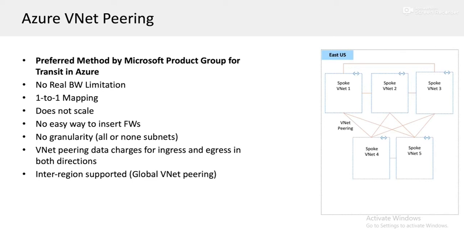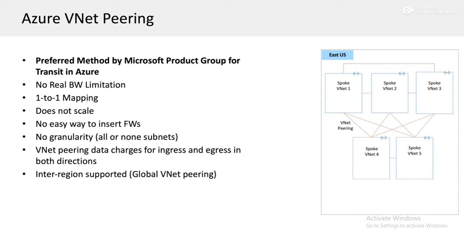So if I have VNet 1 peered with VNet 2, which is then peered to VNet 3, 1 can talk to 2, 2 can talk to 3, but 1 cannot talk to 3 through 2. So what that means is that if VNet peering is going to be used as a transitive mechanism between all of our VNets, it requires a full mesh of VNet peers because a VNet cannot be transitive. So this becomes pretty hard at scale for a lot of customers because we have to manage all of these